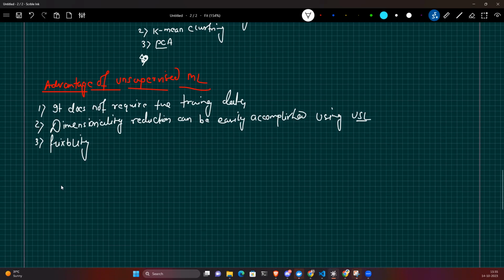Let's suppose you have to segment your customers. The segmentation has already been given, like tier 1, tier 2, tier 3 people. Tier 1 is those people who are staying in urban areas, like Bangalore, Kolkata, Delhi. Tier 2 is those who are moderate, not that much educated, but okay. Tier 3 is those who are staying near villages and are not that much educated.